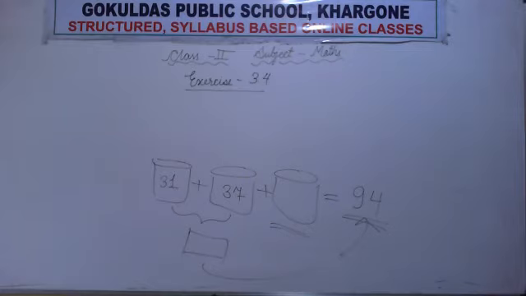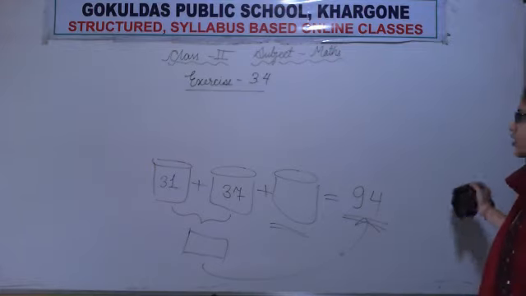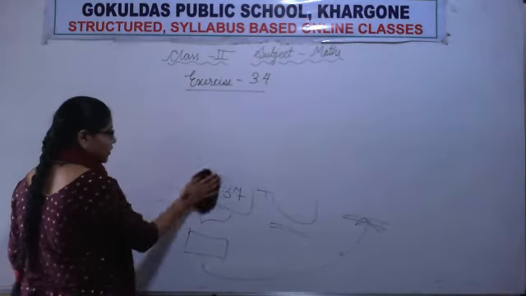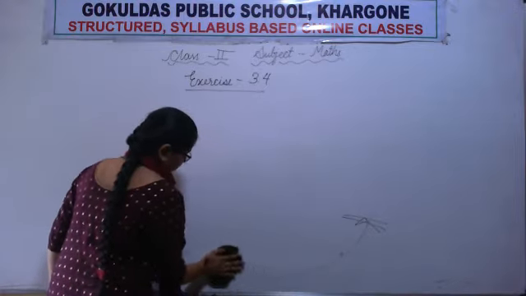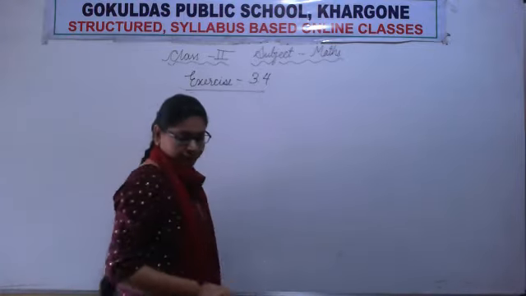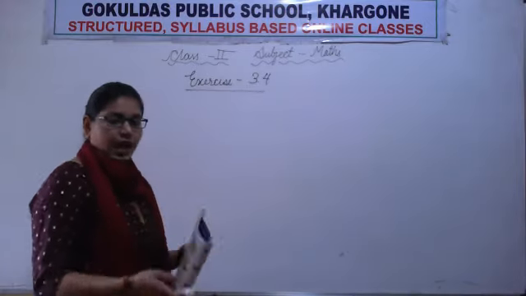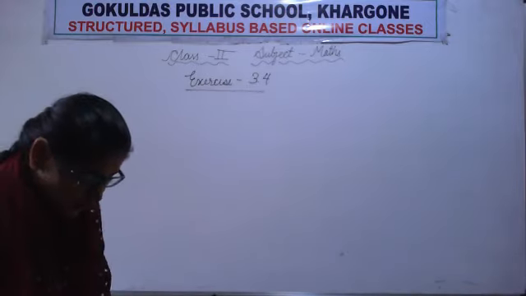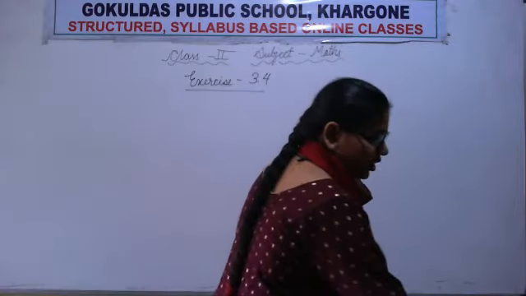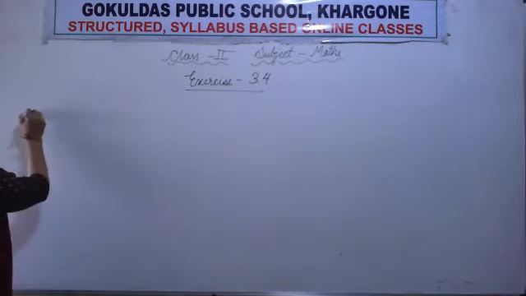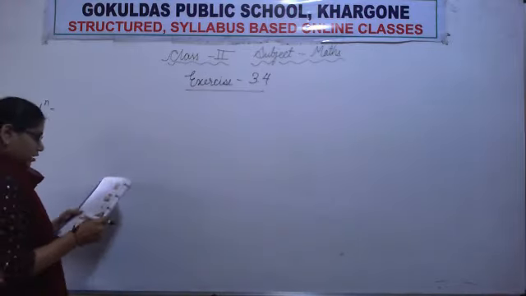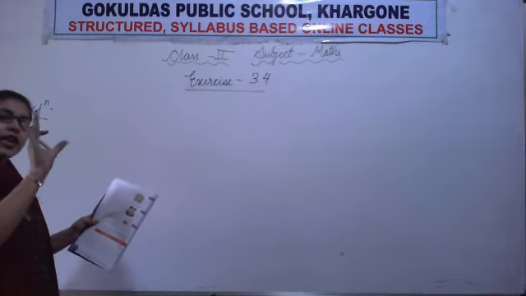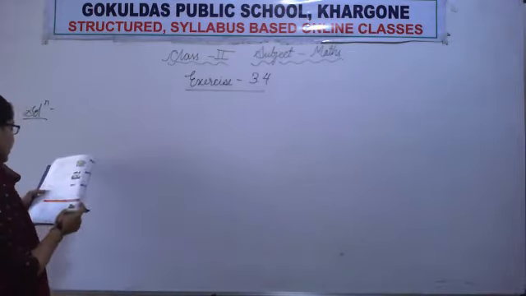I hope you all have noted down the question. So let's solve the question. First of all, we will find out the total number of candies in the first two jars. I hope you all have noted down question number 4. So let's start the solution. Let's write about the given. Let us find first the total number of candies in two jars. So let's write about them.